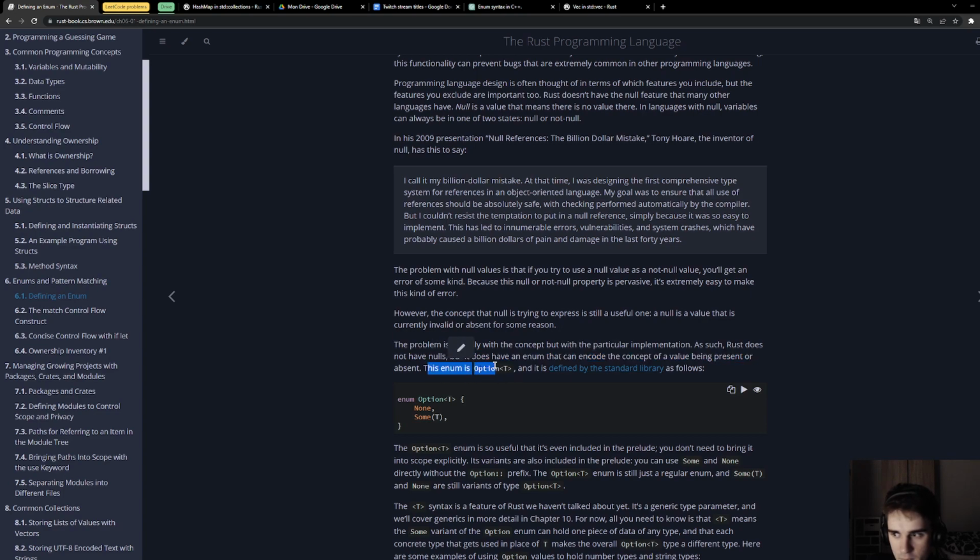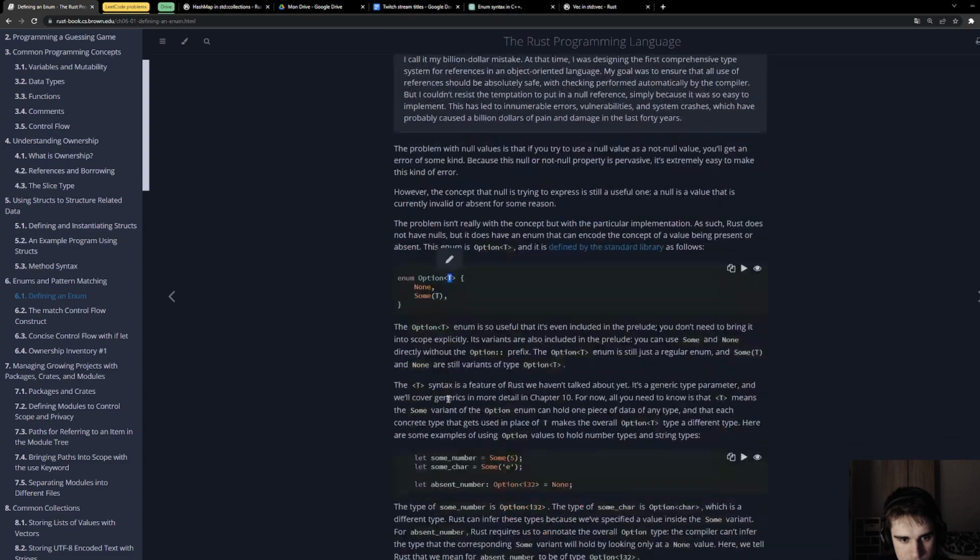This enum is Option, and it is defined by the standard library as follows. enum Option<T>, and it has two possible variants, None and Some of the generic type T.